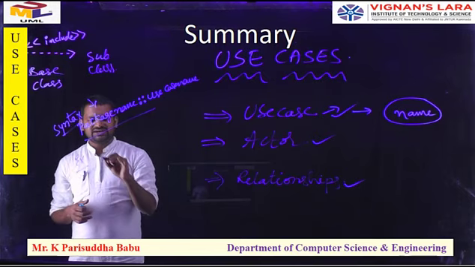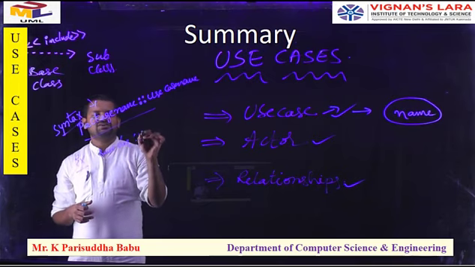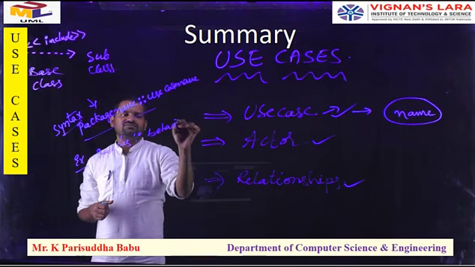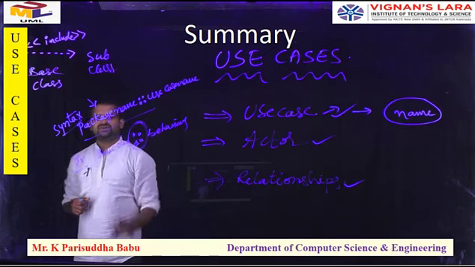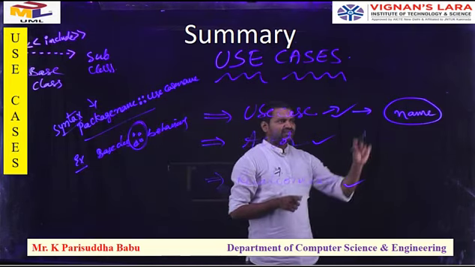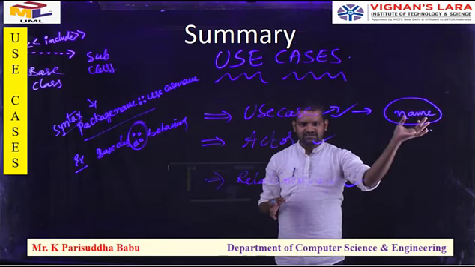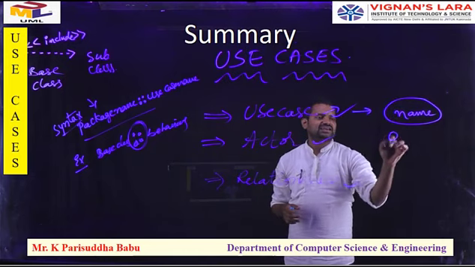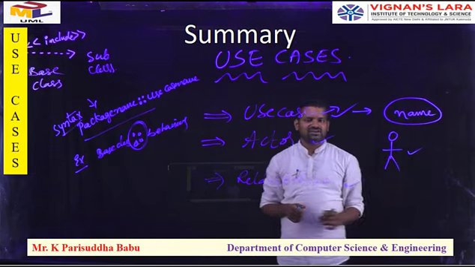An example we studied is base class, scope resolution operator, then some use case, the behavior of the use case. It is a simple example. A path name is represented with the help of a scope resolution operator. The name included in a particular use case is the use case name, and that name is also used in the path name. An actor is represented with a stick figure symbol. This is the symbol we use for an actor.